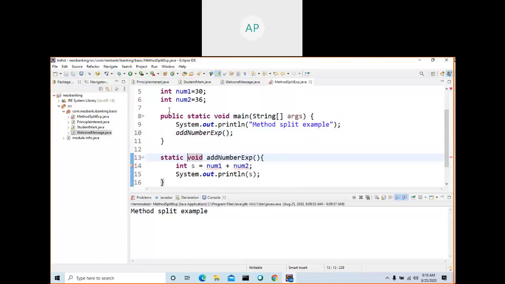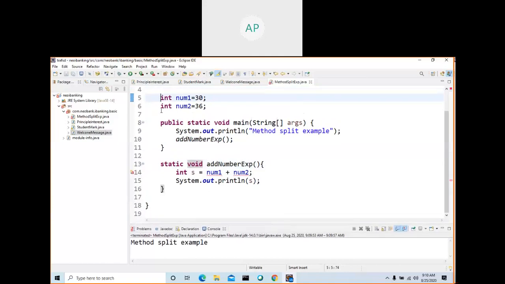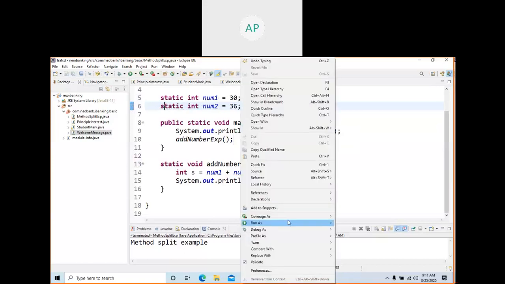Here, this is a static method. From a static method, you can call only a static method, which I will explain after some time. As of now, I will introduce static. And in a static method, you can access only static variables as of now. As of now, don't think too much into that. So this is entirely different.